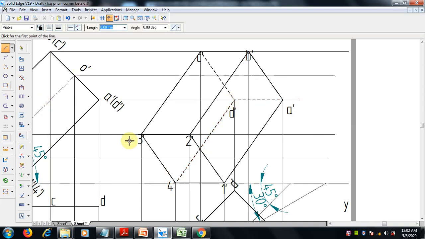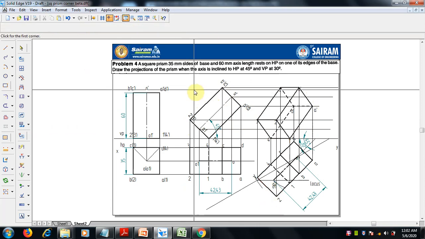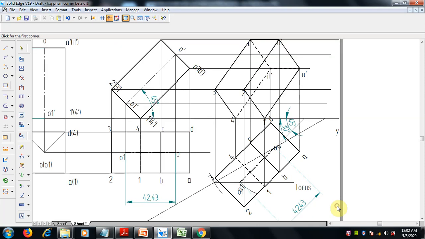Then we have to draw the axis. Only the axis line is pending. So O1 is already here, O dash is here. The only thing is we have to draw from the top view. So top view,